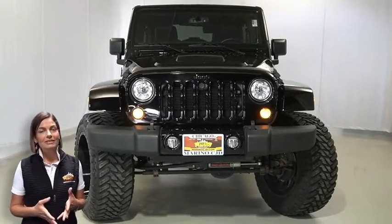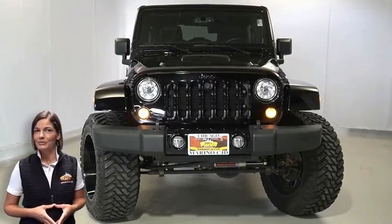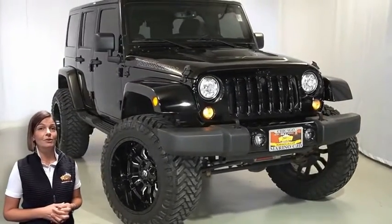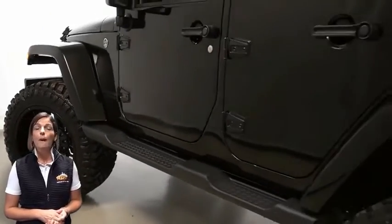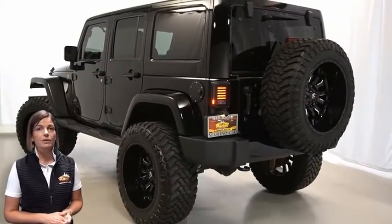Power, performance, capability, and capacity allow you to take this on and off-road as you take on new adventures. Take a look at this 2017 Jeep Wrangler Unlimited Smoky Mountain Edition. With LED reflector headlamps, front fog lamps, 18-inch aluminum wheels, body color 3-piece hardtop, LED tail lamps, rear window wiper